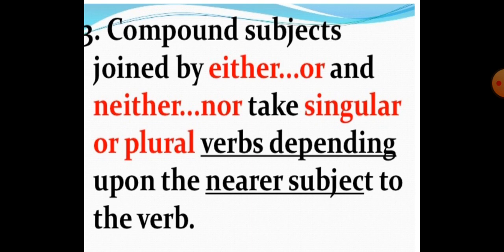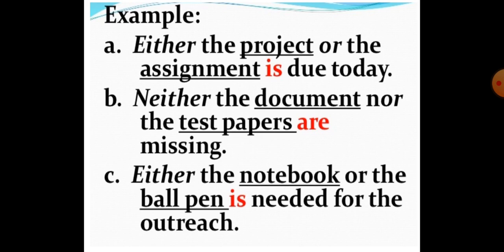Now what does this mean? Suppose subject जो है that is compound subject का मतलब क्या है? एक से ज़्यादा subject. Okay? तो जब दो सब्जेक्ट्स जो हैं जॉइंट होंगे किससे? ईदर और या नीदर नॉर से, उस कंडीशन में जो वर्ब यूज़ होगी दैट विल डिपेंड ऑन द सब्जेक्ट, जो सब्जेक्ट के पास वर्ब होगी, जो नियरर होगी वर्ब, ओके, जो नियरर सब्जेक्ट होगा, सो द वर्ब विल बी अकॉर्डिंग टू दैट सब्जेक्ट ओनली. Now let's see the examples, then it will be more clear to you.